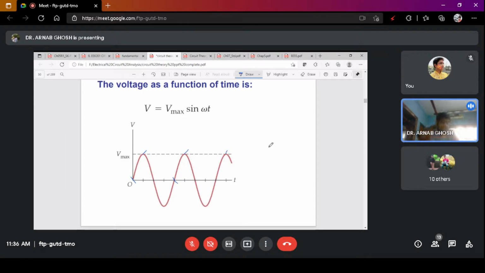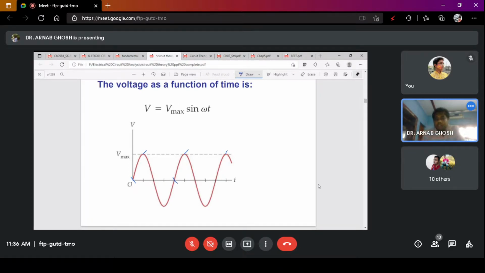Now, what do you mean by the RMS voltage? Anybody, can you tell me what do you mean by the RMS voltage? Root mean square. That is the full form, root mean square, but how do you calculate it? Average voltage divided by root 2. Sir, Vm divided by root 2. This is the Vmax divided by root 2 that will give you the RMS voltage. The Vmax that you are getting here, if you divide it by root 2, then we get the RMS voltage.